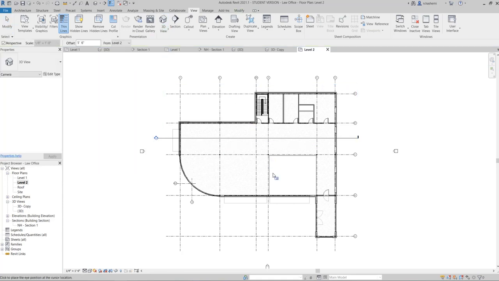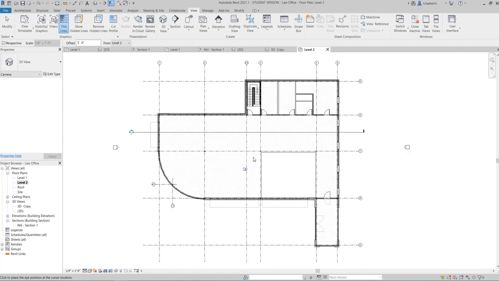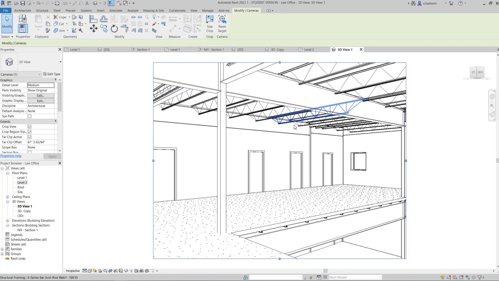Just click on it, and then you need to locate the camera somewhere inside your building. So just click, for example, here, and then in the next step, you should choose where you want to look at, okay? This side of the building. So I want to look at this side, and yes, the perspective is created.